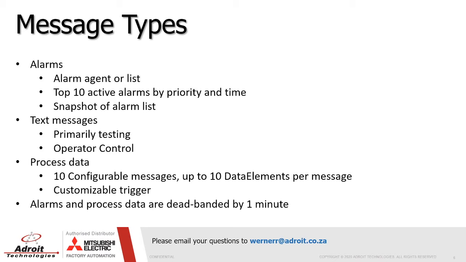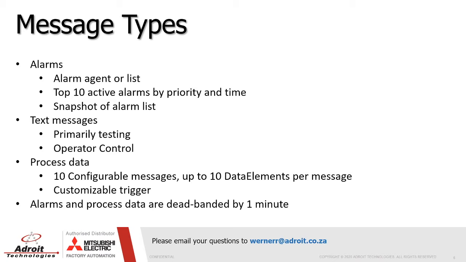Lastly, we've also created process data message types. So these are configurable message types where you type up your own custom message. You can include up to 10 data element values, live data element values in those messages, and you can configure up to 10 of these messages. They'll then get sent on a configured agent change. It's basically a trigger. The idea is that you'd send these messages on distinct events, let's say once every hour or once every shift change, or maybe when a batch runs to completion, that value changes,